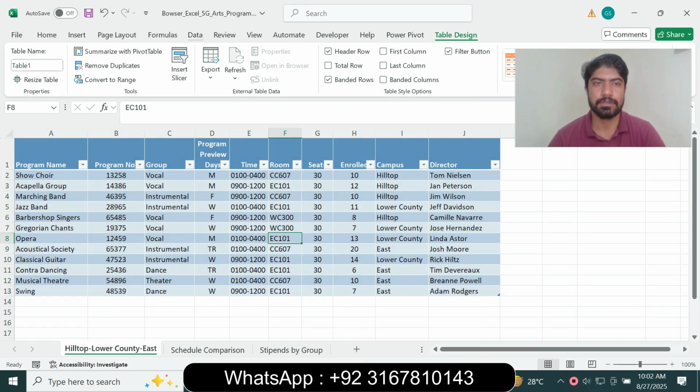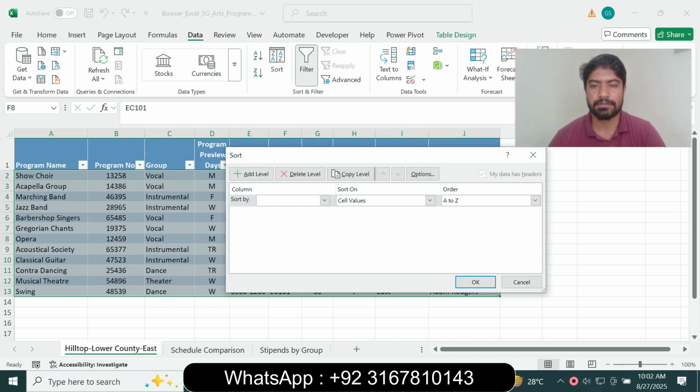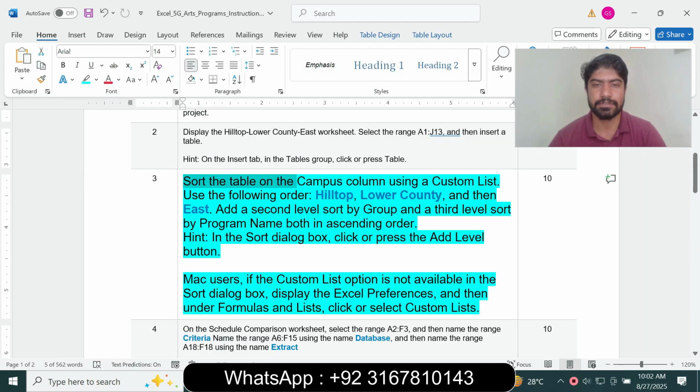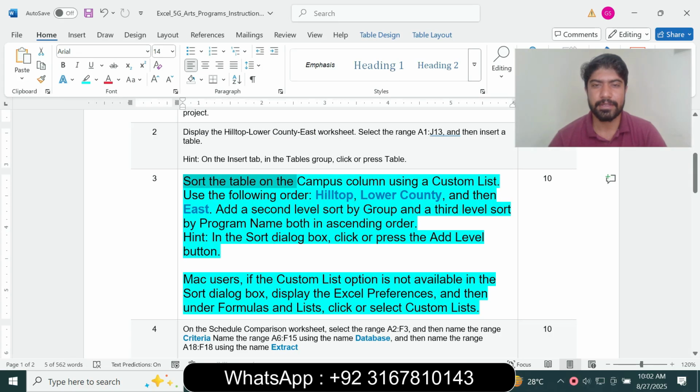Click the Campus column, choosing the custom list, and use the following order: Hilltop,